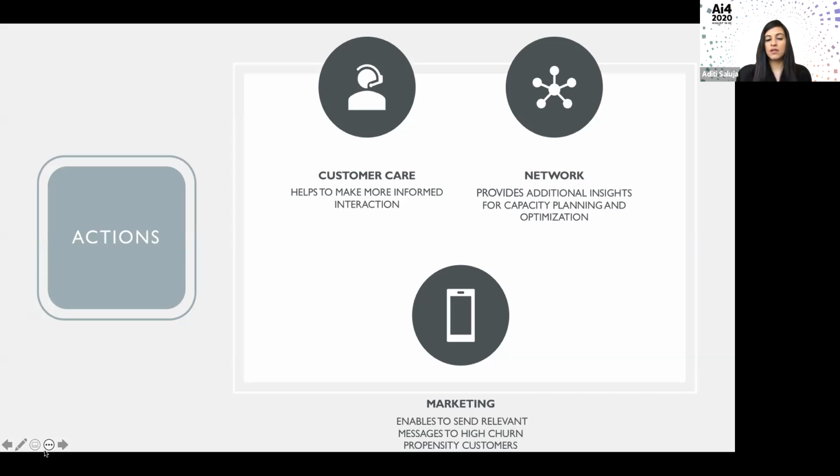The second aspect of this particular problem where it is helpful is with the network team. If a fault is about to happen, if there's a potential probability of a fault to be incurred in any particular area, then the network team has an opportunity to optimize and to plan the capacity in that particular area.